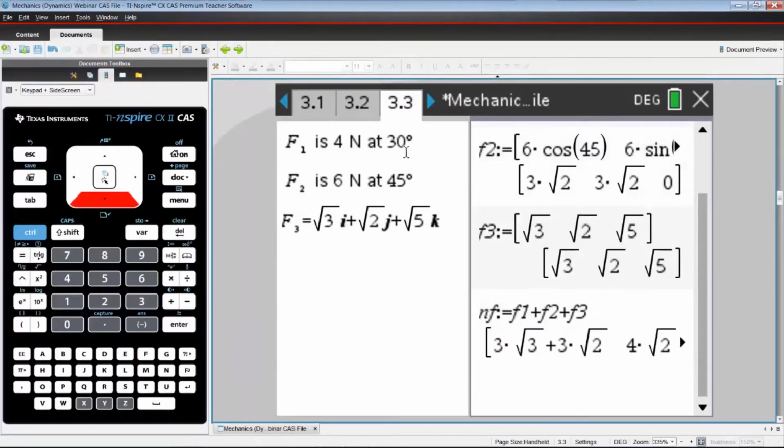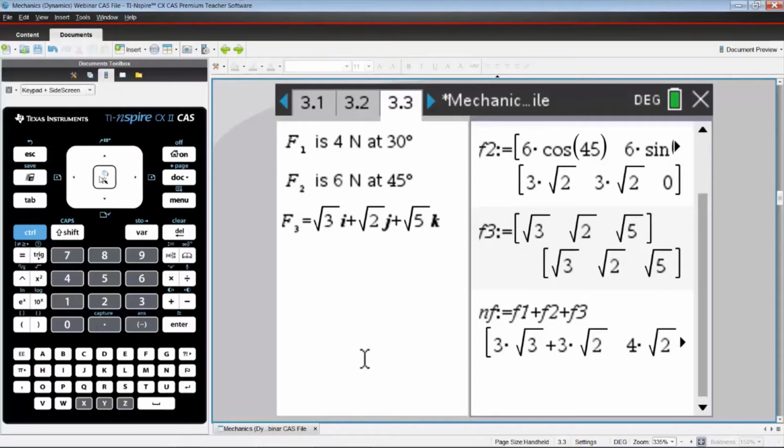So if the angles were not 30 degrees, 45 degrees, 60 degrees, etc., then this net force would be in decimals. So given the fact that we have it in exact form, it makes it easier for scenarios such as in exam 1. But given this is a calculator active question, we can actually use our calculator to find the magnitude of